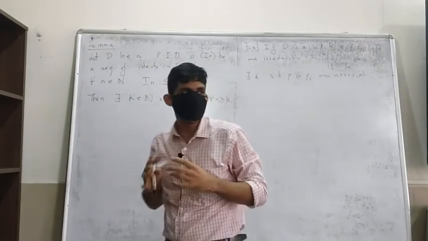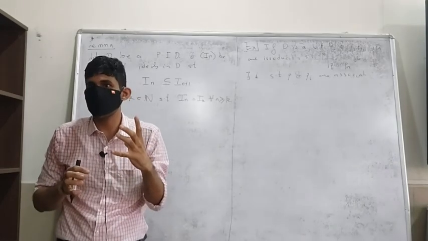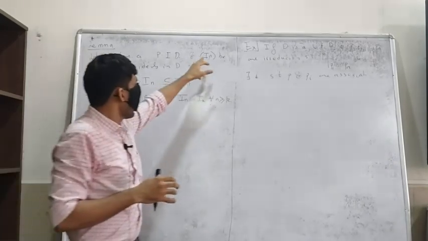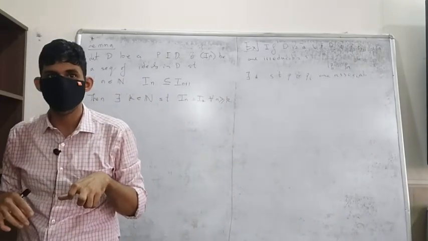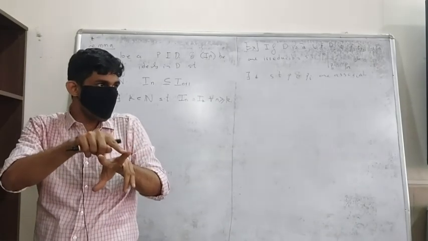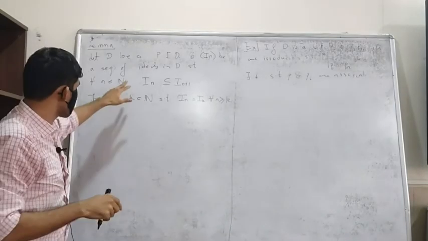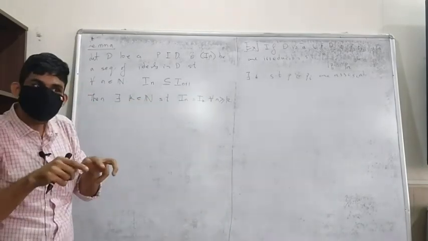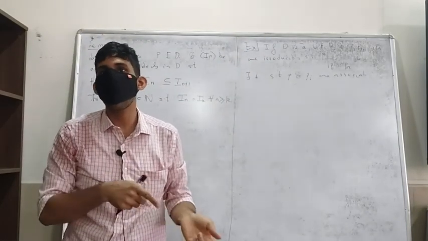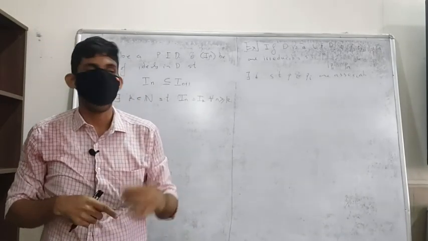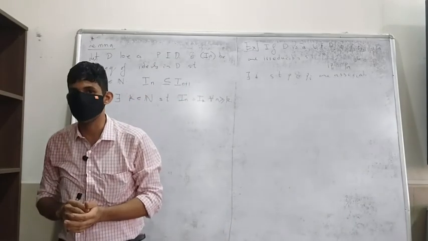It's actually easy to observe that the union of these is an ideal, because first you need to check that the union is an additive subgroup of the ring. And why does that happen? Because if you take two elements A and B in the union, A will be contained in some I_n and B will be contained in some I_m, but this is an increasing sequence, so both of them will be in the bigger ideal. If both are in the bigger ideal, A minus B is in the bigger ideal, and hence A minus B is in the union.